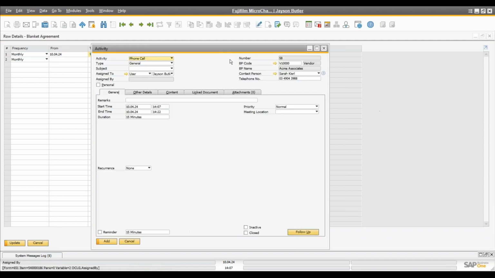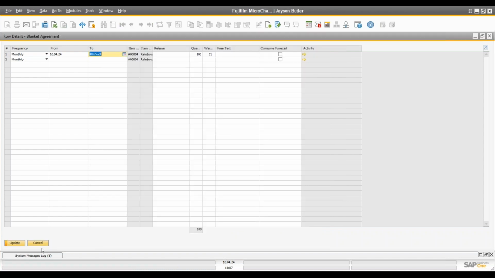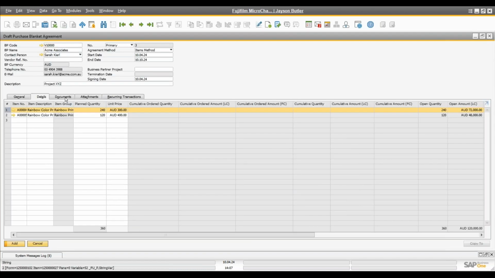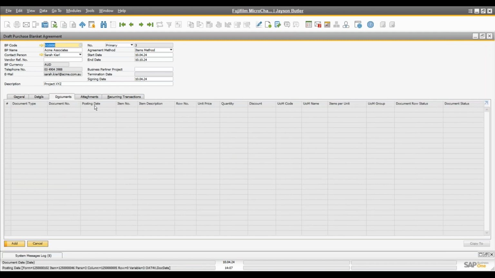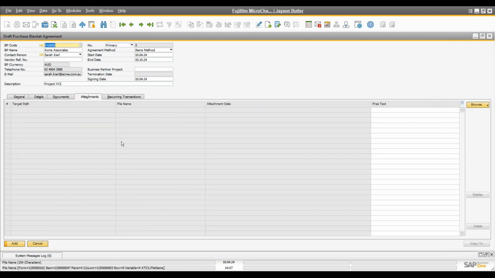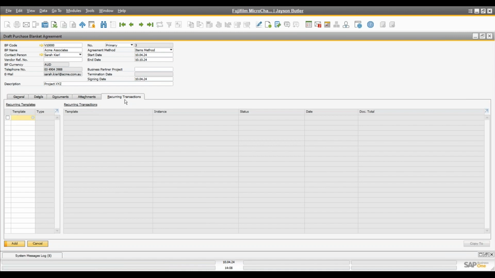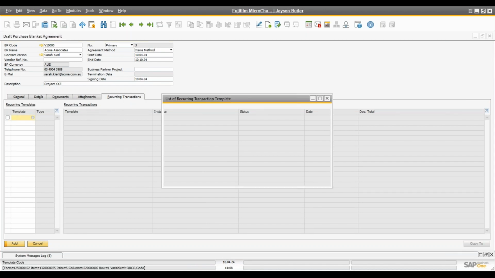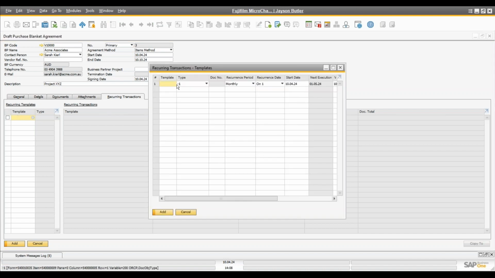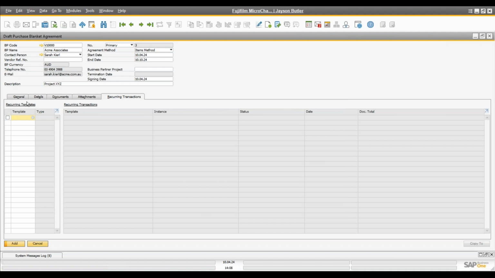And then you can also tag activities against various periods. So what else have we got there? This tab here again gets populated as you transact. Attachments, this is where you can put in any specific contracts and documentation in relation to this agreement. And then you can, of course, also create recurring transactions, for example recurring purchase orders and so on, linked to this particular blanket agreement. And I won't do that either. I've got a couple that I've already created, so I might go and look at those rather than